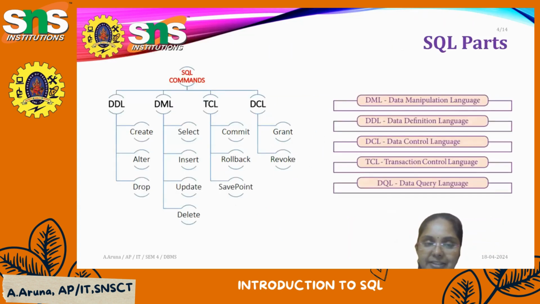Normally our SQL can be classified into 5 different types of command languages: data definition language, data manipulation language, data control language, transaction control language, and data query language. Majorly we are using the first 4 parts. In DDL, we can create a query, alter a query, and also drop a query. For a manipulation operation, definitely I'm going to use DML, that is select, insert, update and delete. TCL, the transaction control language, is mainly used in banking sector applications, where we have commit, rollback, and savepoint. Both are very similar to undo and redo operations.